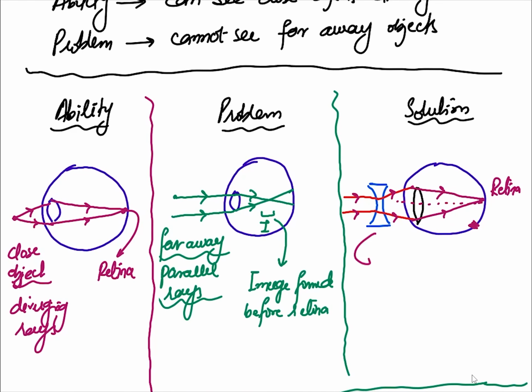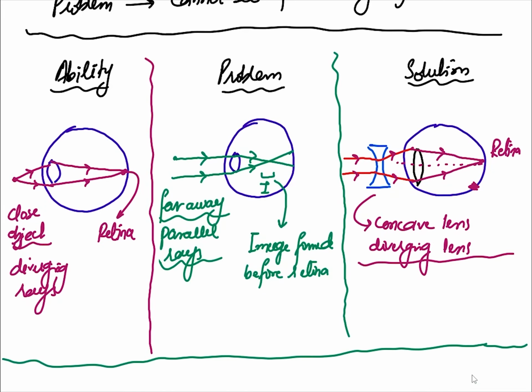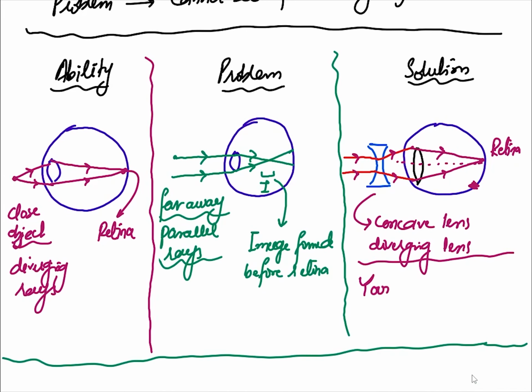So what lens are we using over here? We're using a concave lens or a diverging lens to correct the problem that this person faces. And again, this problem is generally faced by young people. They can successfully see the object placed very close to them, but they're unable to see objects that are placed very far away from them. Okay, so